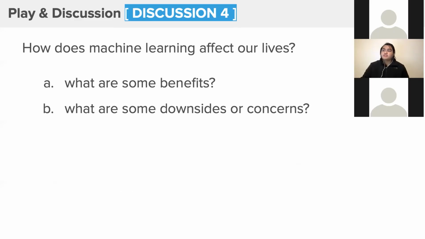How does machine learning affect our lives? Can anyone tell me, or type in the chat box or say it out loud, what do you think are the benefits of machine learning? Machine learning is a small subset of data, right? When someone says ML or machine learning, that is just one branch of big data or data science. So what do you think are the benefits of machine learning?